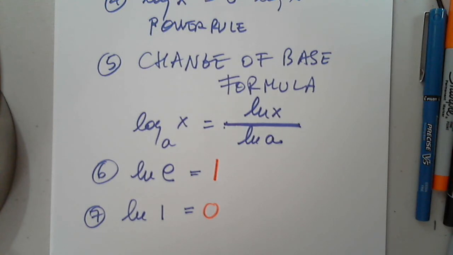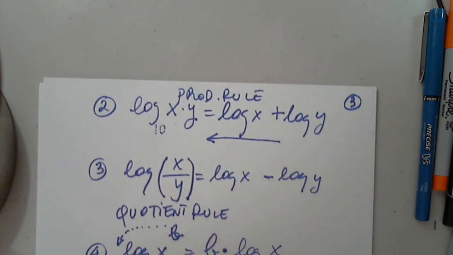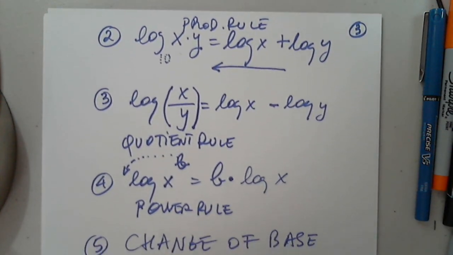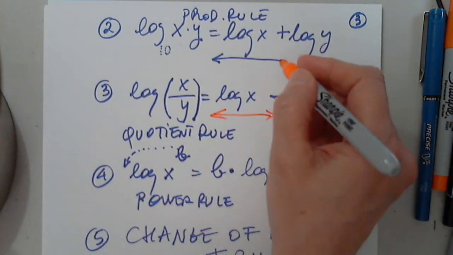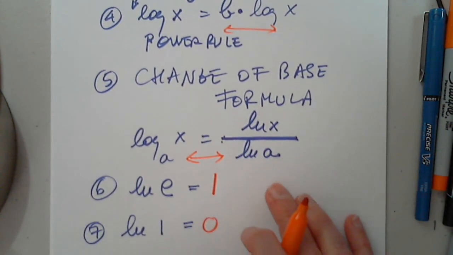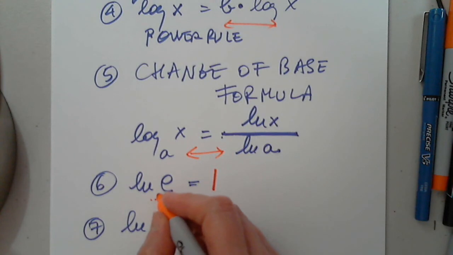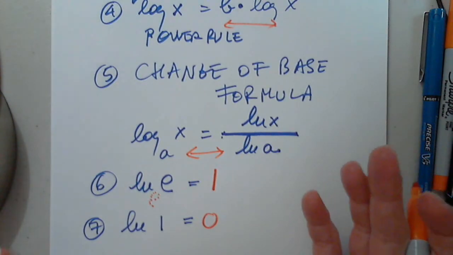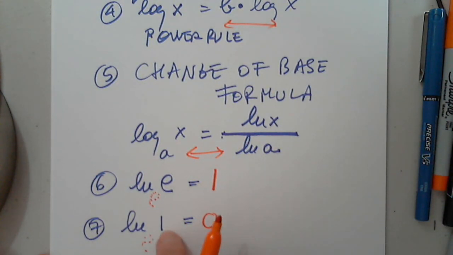Now let's look at page 203. Quick question. You showed us on the second property that with the sums, if they had the same base, you could technically write it as log of x times y. Is that true with the other ones you just listed? Oh yes, of course. They go back and forth, all of them. Even this. And here, this is very easy, right? E to which power is e? 1. E to which power is 1? 0. Good, so let's